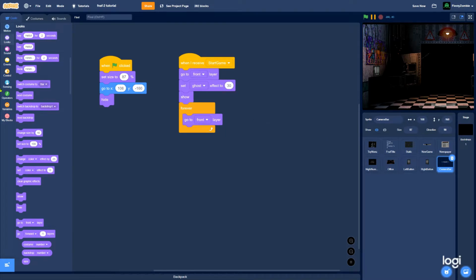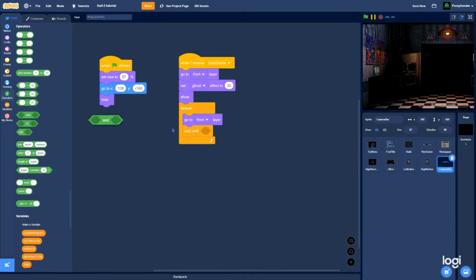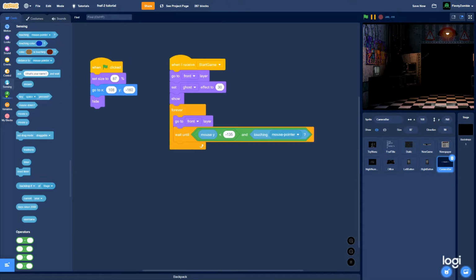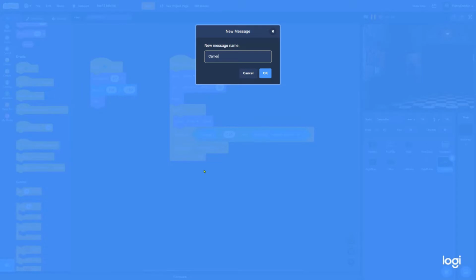And we do a wait until. And we need an and. So we need a minus n operator. Mouse y is less than minus 135, and touching mouse pointer. We broadcast a new message calling it camera animation,